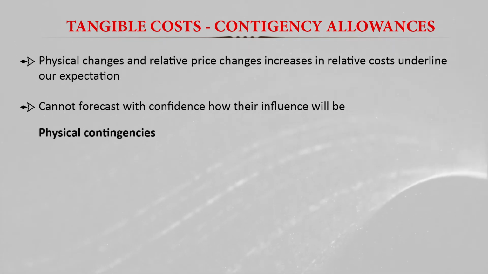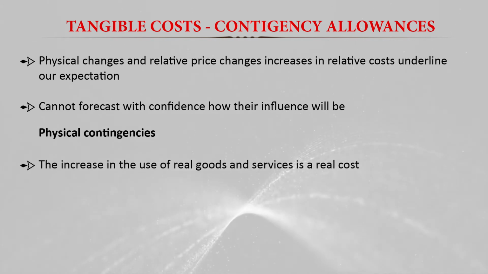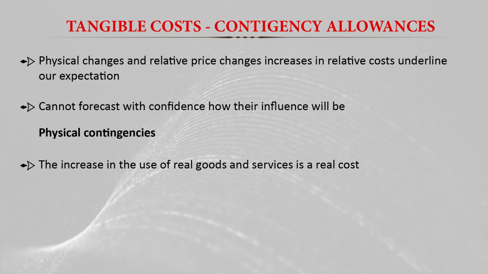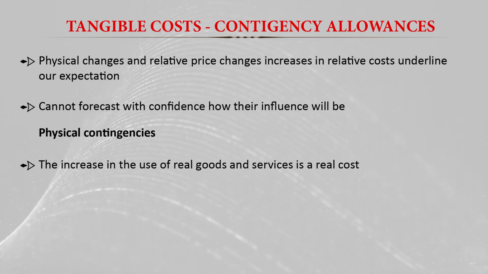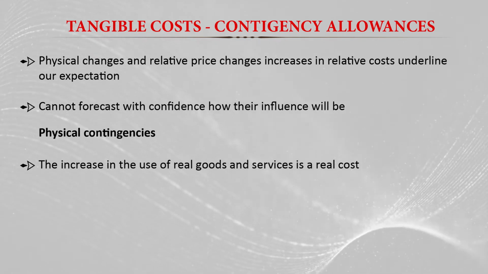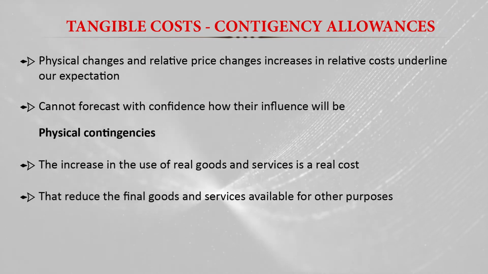When we talk about the physical contingency, basically the increase in the use of real goods and services is a real cost. So when we implement the project, there is an increase in the amount required of the real goods and services. That is a change in the real cost, and that reduces the final goods and services